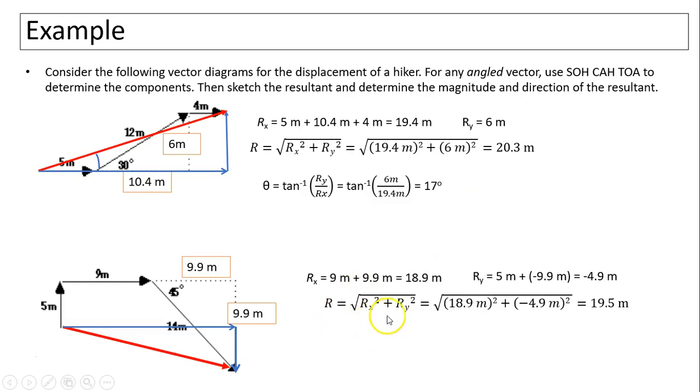Then we find the length using the Pythagorean theorem. You have 19.5 meters. Then we find the direction. Direction will give us negative 15 degrees. It's negative because it's going downward. It's clockwise. This one is counterclockwise, which is positive. Clockwise is negative. So below the x-axis, you have